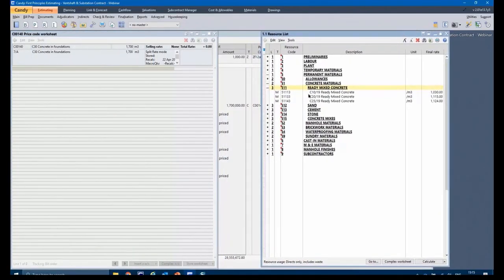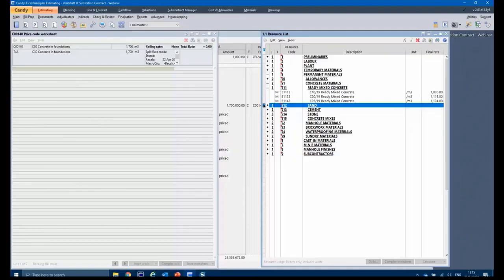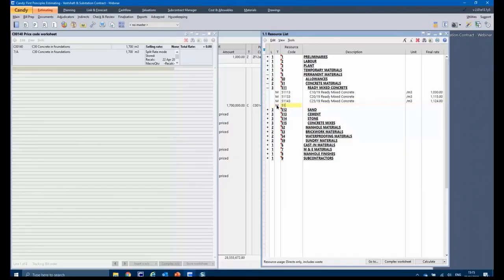So there are a couple of ways to do it. You'll create a new line. You specify what type of resource it is. It's material. So these are the resource types, again, defined by you as a user. And the codes are obviously taking into account my coding structure. Remember 5.11 to identify that it's ready-mix. So I want it to be grouped in that category, so I'll specify 5.11, and the rest of the code is entirely up to you, and it's got to be unique.